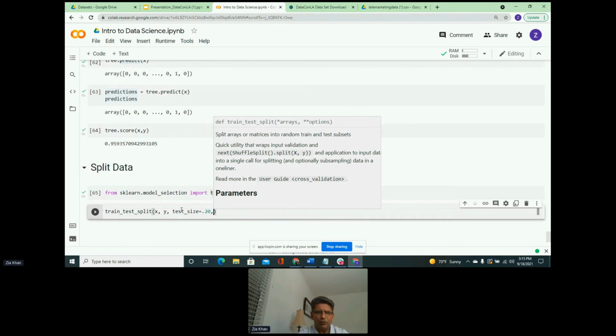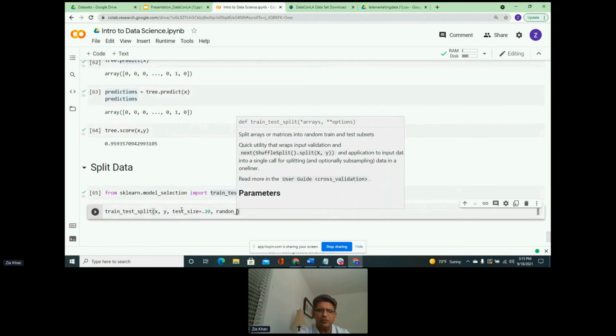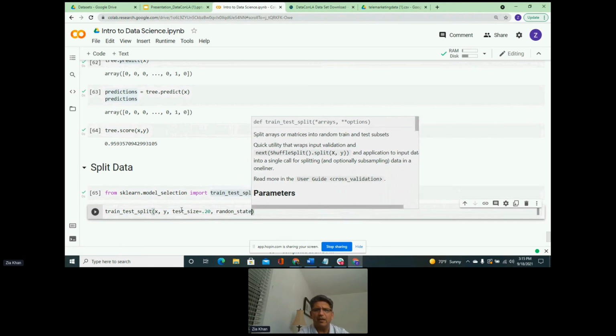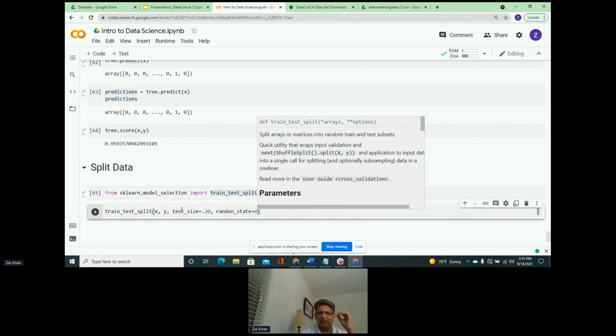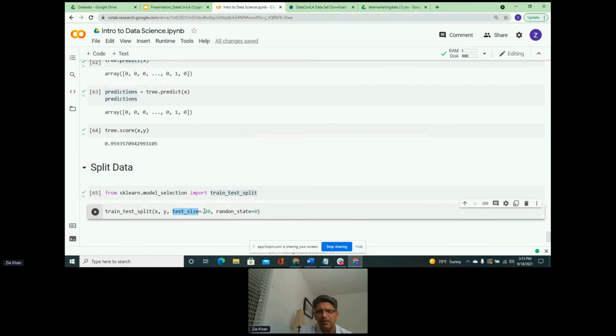I am also going to pass one other parameter here, which is random state. Random state is just so that if you are running it, your result and my result are going to be the same, because of this key that I'm going to pass. I'm going to fix the random state at 0. So the parameters we have passed to train_test_split are test_size, which is 20%, so 0.20, and a random_state of 0.